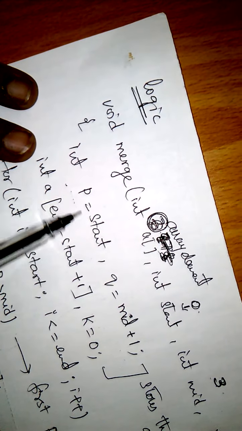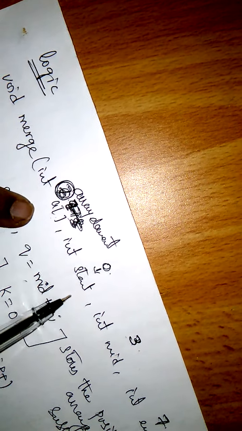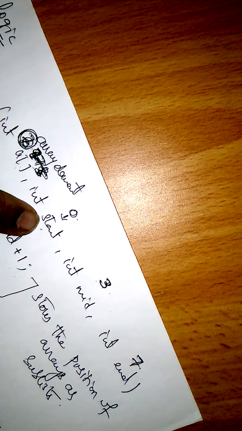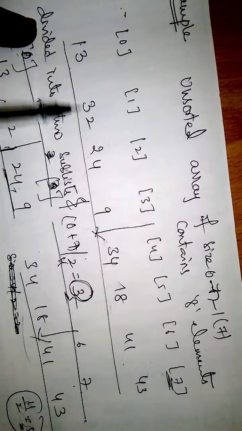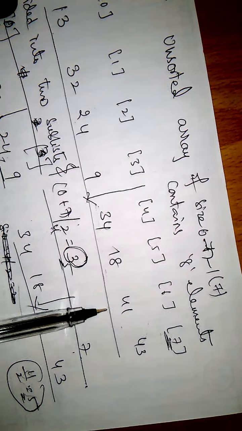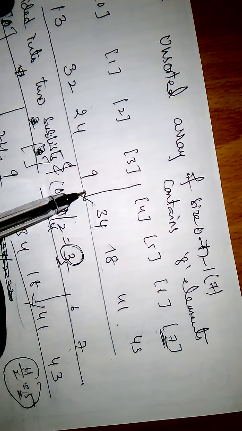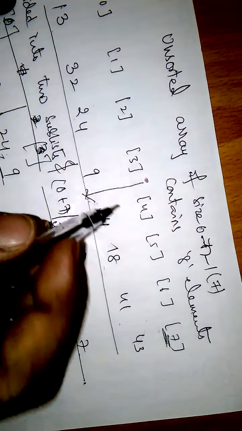Here, when we compare with the example, we take variables start, mid, and the array of elements, with the starting position. What we are doing is splitting. When we split, for every sublist we need the middle element. Suppose this is our array. First we split, dividing into sublists. When we divide into two sublists, we need the middle element.